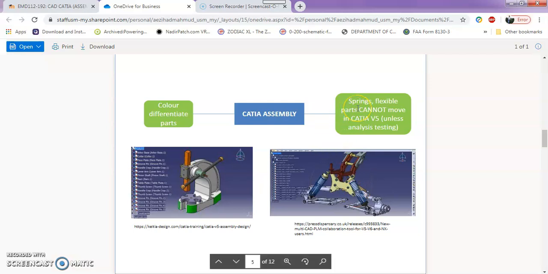And also please remember that springs and flexible parts cannot move in CATIA V5 unless you do analysis testing. So you can see here, this is a spring. So this is the car mechanism. If this part is moved, this spring should be compressed. Okay, so if we do that with the assembly, it will not show the spring compressed or decompressed unless for analysis testing. Okay,